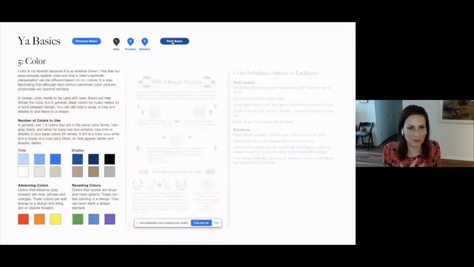So the next basic number 5 is color. And this is my favorite one. And I struggle with not dwelling too much on this because it's just such a cool design element. So color, what I love about it is it's very science driven. How we receive color and how we perceive color is different for all of us. We all receive information and our brain processes it in different ways. We've just been taught to say this is red and this is green, and we recognize it as that. Hence the blue dress, black dress, whatever thing that everyone was trying to determine.